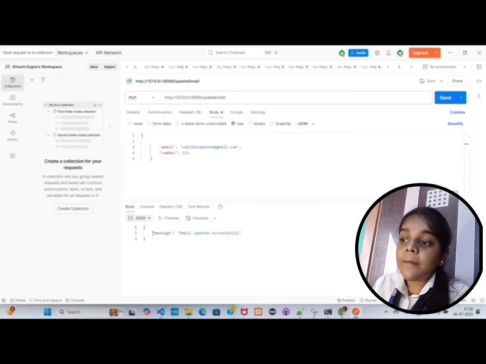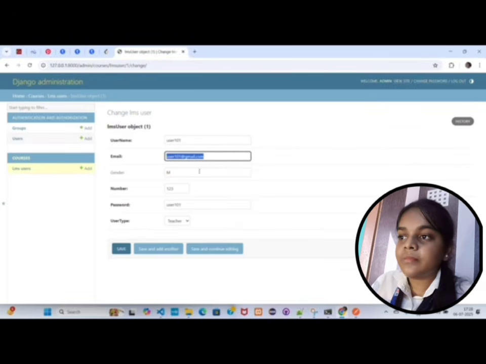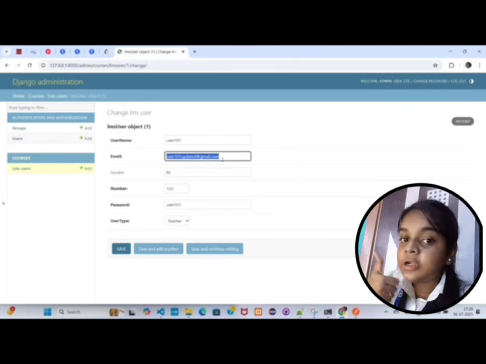You can see a message has come, user email updated successfully, and the status code is 200, which means we are successful in implementing this PUT API. Let us check. We have updated the first user, and we will refresh the page. You can see user101updated@gmail.com. This is done by the PUT API.